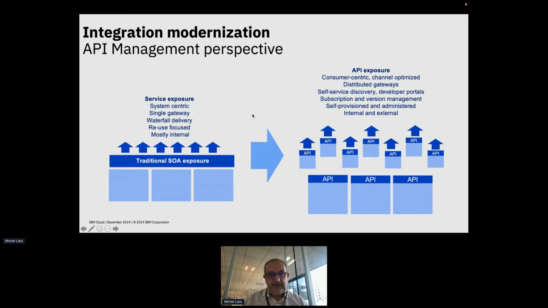Now we have an evolution to a more decentralized, distributed organization, I would say, more customer centric, where lots of lines of business can have their own catalog, etc. So it's not only a technical approach, but also an organizational approach on API, which is quite different. It's not managed in the same way, and there is a lot of change in how to manage and govern API.